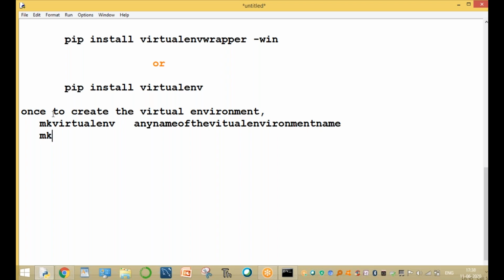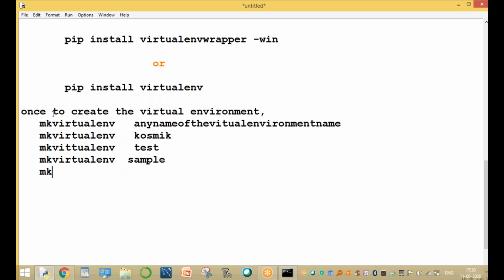Now mkvirtualenv, for example, Cosmic, or mkvirtualenv, for example, test, or mkvirtualenv, for example, sample, or mkvirtualenv, for example, Django 5PM. You can use any virtual environment name. This is the name of the virtual environment.